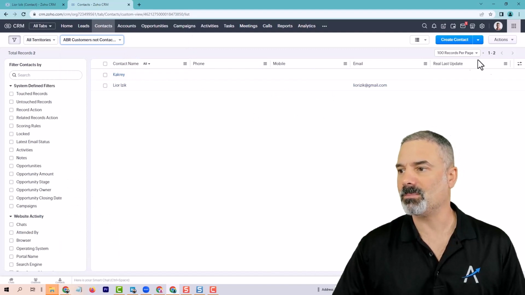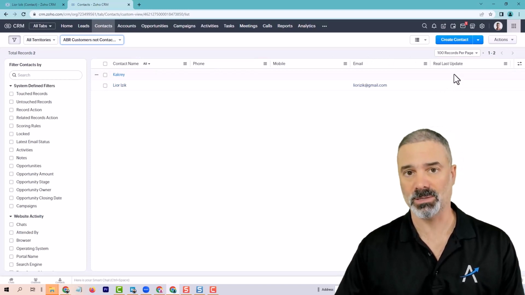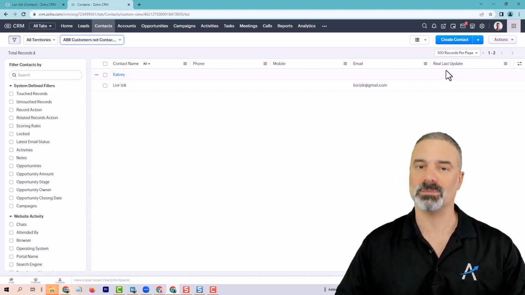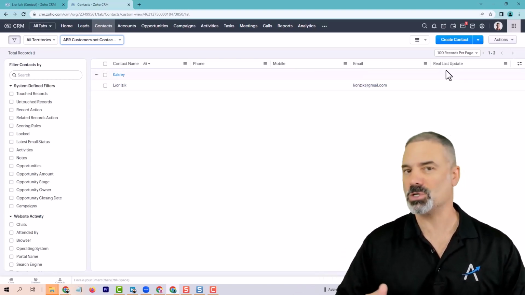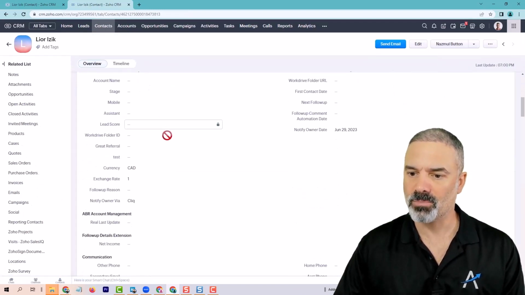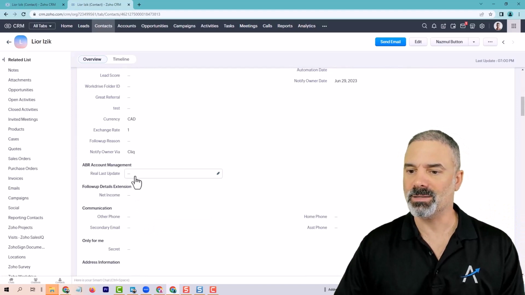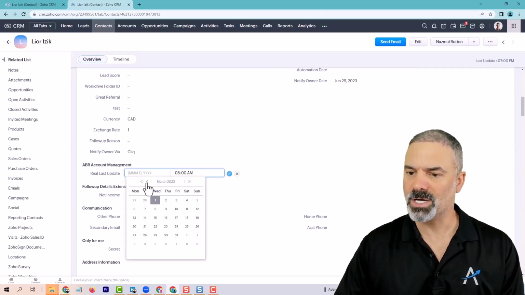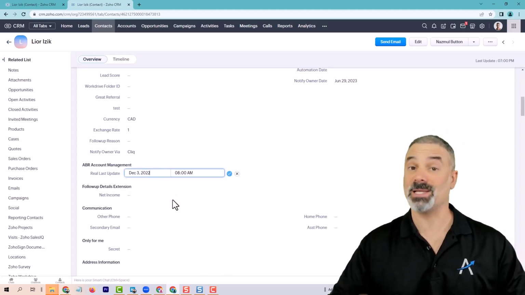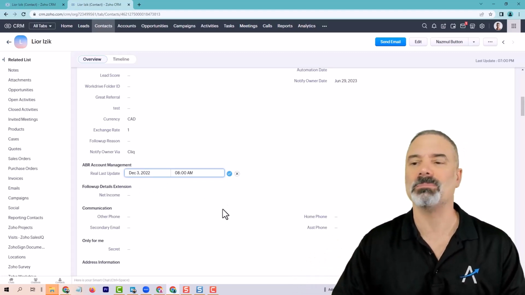Right now, I will have here a bunch of contacts, and all those contacts were never contacted, so the last update is empty. Now, in the future, you will see here people whose last update was filled by our system because they were contacted. So let's play a game. Let's assume that Leo Isaac, you sent him an email about 2 months ago, and the last update was actually, let's say, December 3rd, because on December 3rd you sent him an email and the system filled it automatically. Obviously I can't go back in time, so I just do it manually